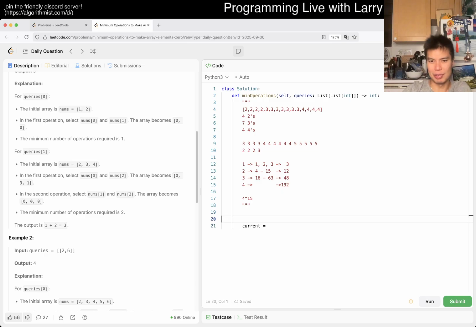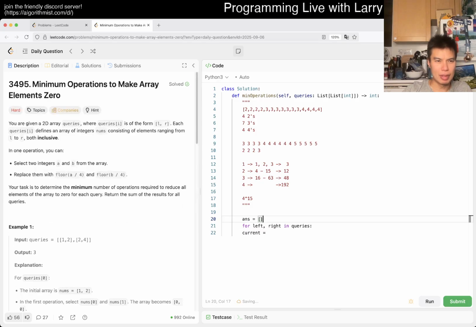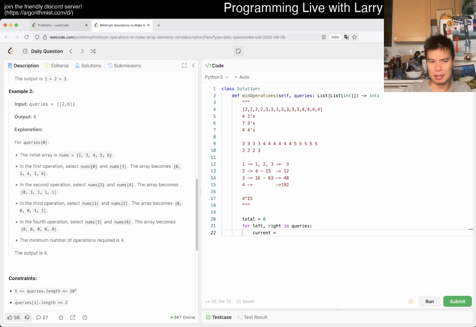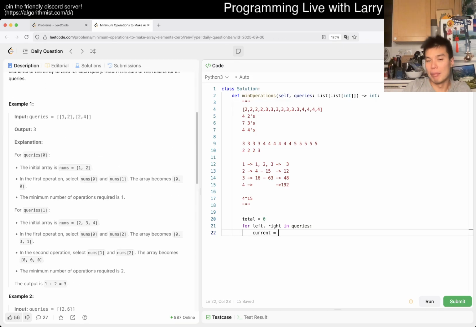well, actually, for left, right, in queries, right, and we have to answer, right? Oh no, what is this? Oh, return the sum. Okay, that's what I was like, wait, it shouldn't be an array. I don't know why they do it that way, actually. Why don't they just return an array? That's pretty easy to do. I don't know, very weird. But anyway, so current we set to, there's no 0, so 3,